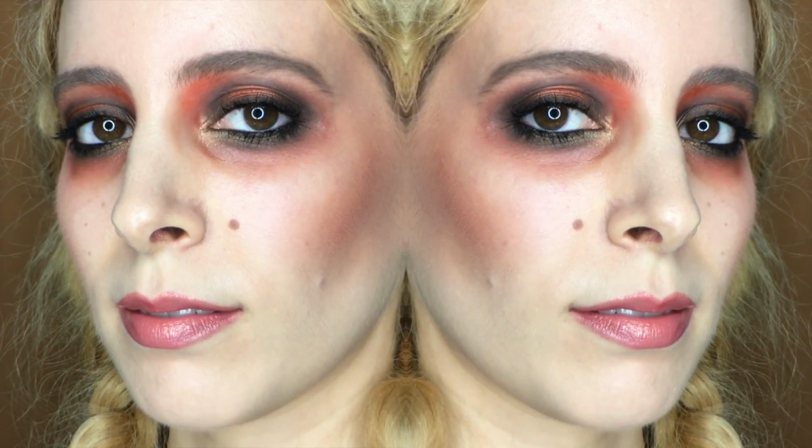I went for a rustic cowboy makeup with warm tones, but added in a kind of gothy edge, cause apparently I can't help myself. If you want to party, you have to hit up a Village People gig